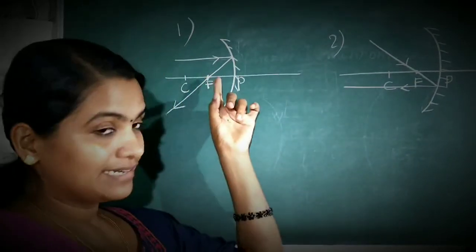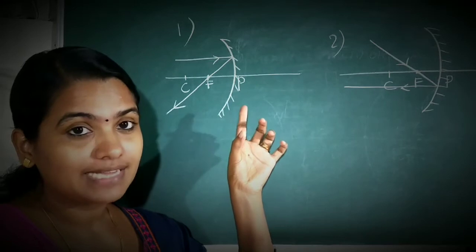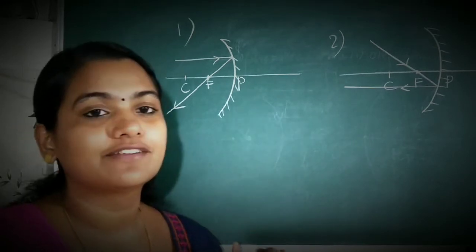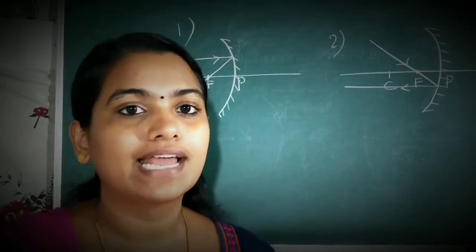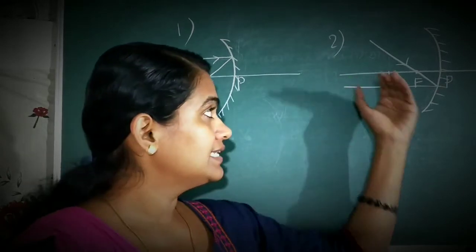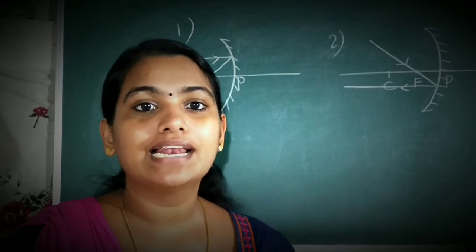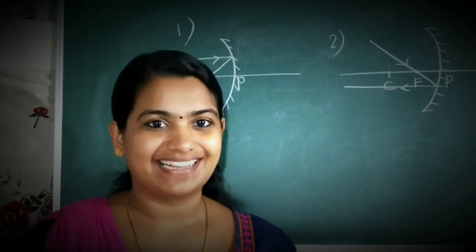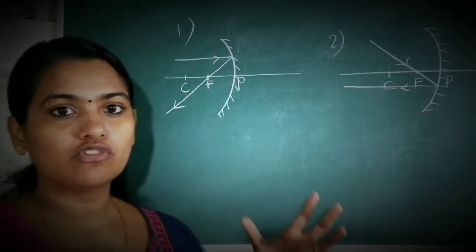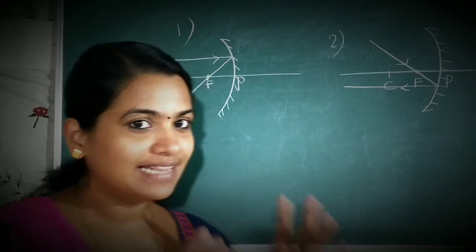So if the light ray is coming parallel to the principal axis, then it will be reflected through the principal focus, and if it is incident through the principal focus, it will emerge parallel to the principal axis. So I think both of these are clear to you. Then the next case,